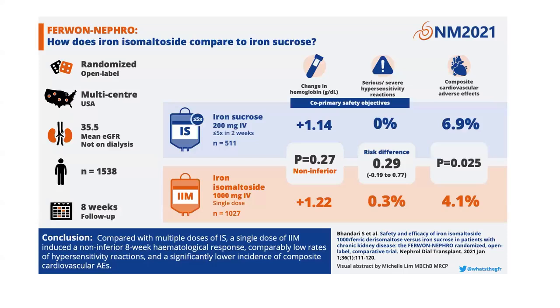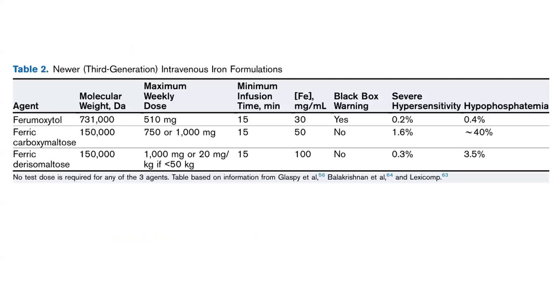And it was again proven in studies like the Ferron-Nephron study. And these are different formulations of the newer forms of iron: ferumoxytol, ferric carboxymaltose, ferric derisomaltoside. Ferric derisomaltoside is the same as iron isomaltoside. You can see that the propensity of ferric carboxymaltose to produce hypophosphatemia is close to 40%, and it was much